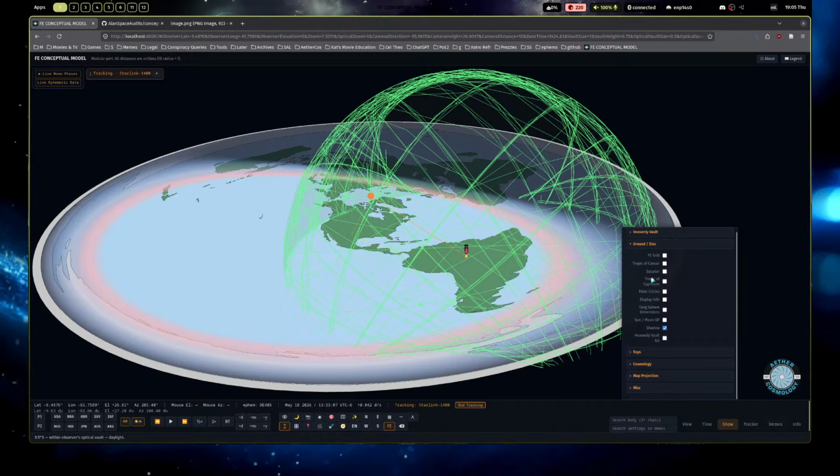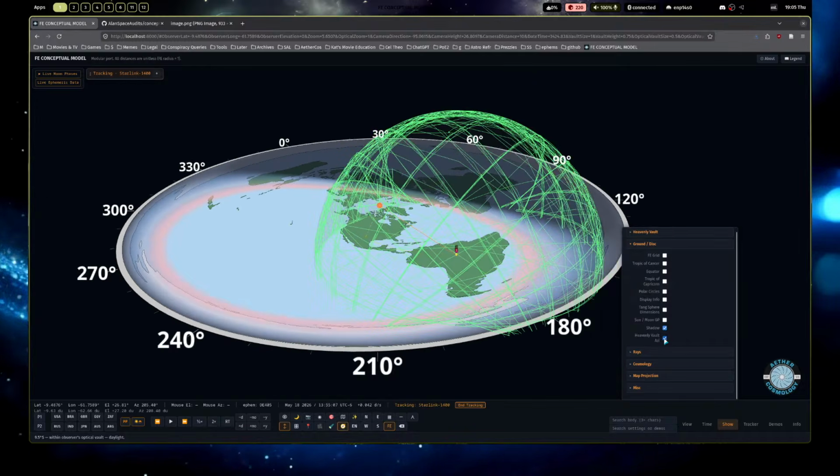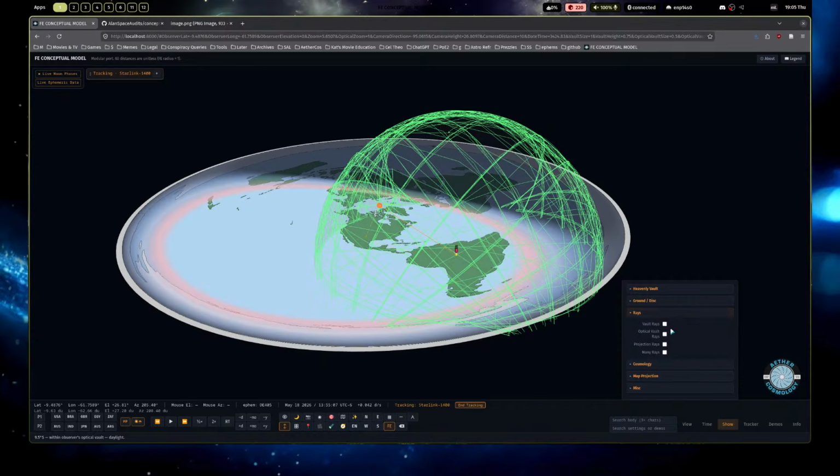Then, to end on cool stuff to show, there's different stuff you can toggle on here. If you want to see the equator line, the tropics, all of that, you can toggle that on. You can see the ground grid, the Tang sphere dimensions, heavenly vault, azimuth grid, different cosmological things.